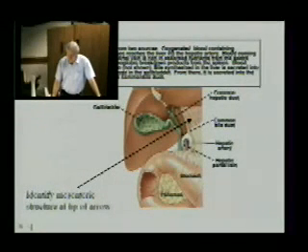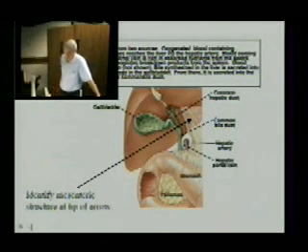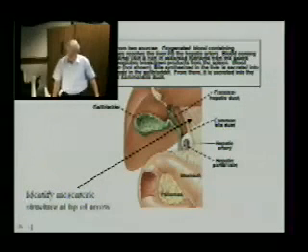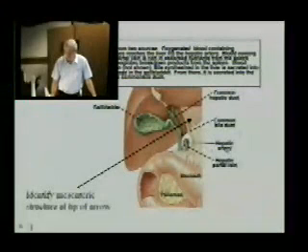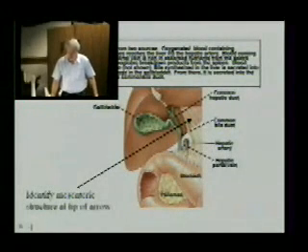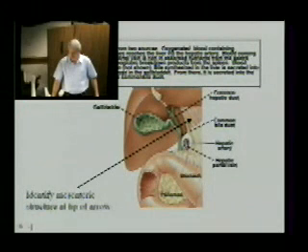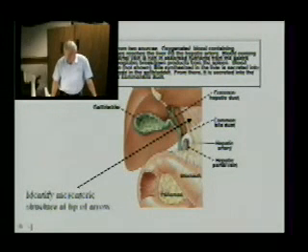So what we see is the cut free margin of the lesser omentum. The portion of the lesser omentum from the liver to the duodenum is the hepatoduodenal ligament. So here we see the contents of the hepatoduodenal ligament: the hepatic artery from the celiac trunk, and the hepatic portal vein from the portal venous system,